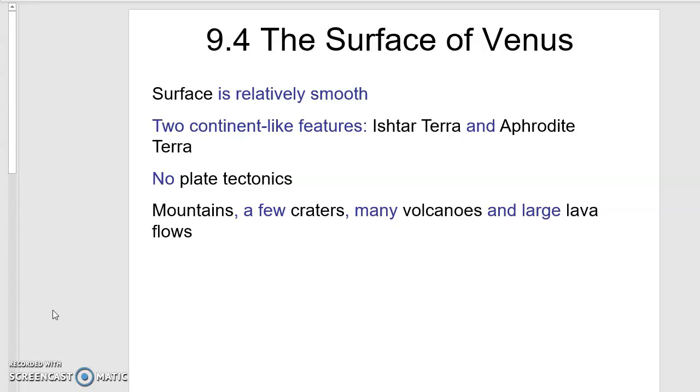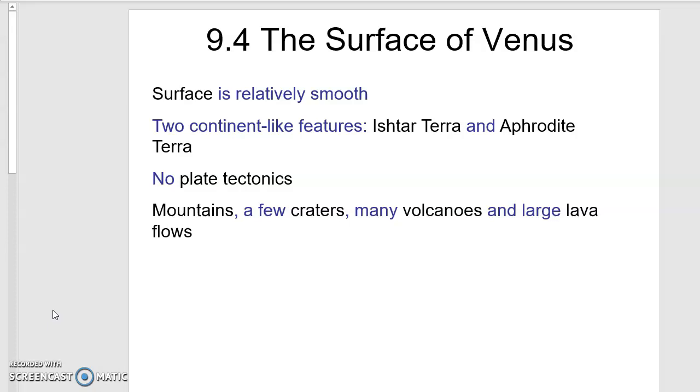The surface of Venus is pretty smooth because it's got a lot of atmosphere to it, pretty soupy atmosphere. There is no ocean on Venus because there is nothing like that. But as you'll see in a minute, it has a fairly smooth surface, but it has two big lumps in it that are two continent-sized features. And they have interesting names. They're Ishtar Terra and Aphrodite Terra. I'm not quite sure where those names came from. I've not looked for that.